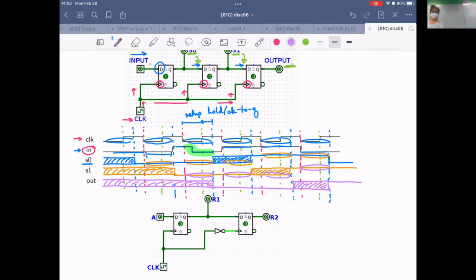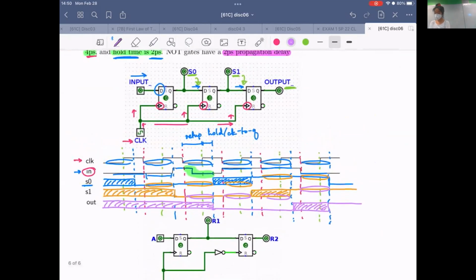Yeah? I'm confused because we have 2 inputs going into the third. Where's the second input? You have the one coming from S1, and then you have the one coming straight from the clock. Oh, right here. Yeah, so this second signal right here. That's a great point. So this second one isn't considered a data signal. It's considered a clock signal, and that just helps make sure that we're actually following